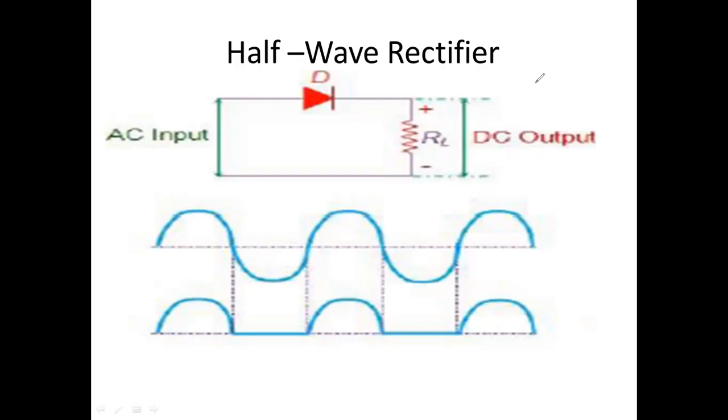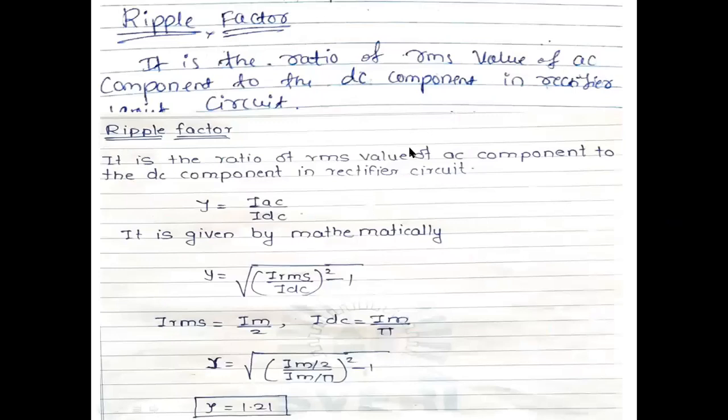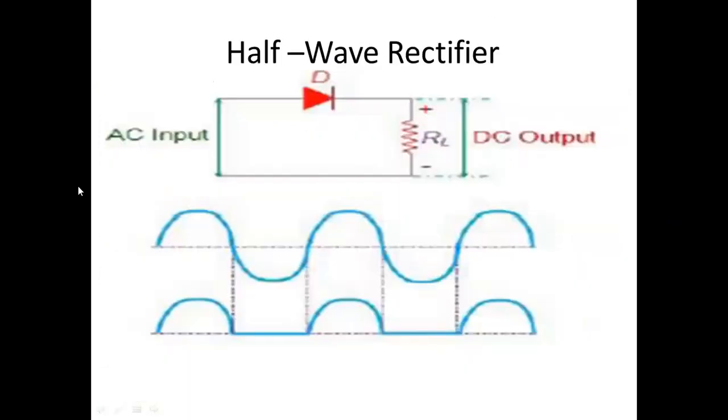So while calculating the derivation of the RMS value, all of you know that one. RMS value of the current or voltage, whatever it may be, is Im by root 2. But for this, it is different here now because we are going to consider the RMS load current. Whatever output we are getting here, this output is not DC. It has an AC component, some alternating components are there. So that one load current we are going to call here now. This RMS I current we have to calculate here now.